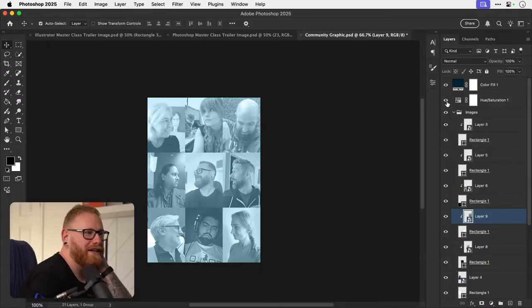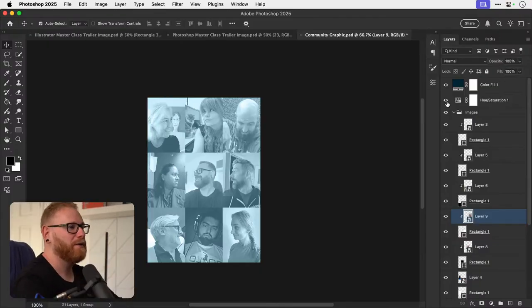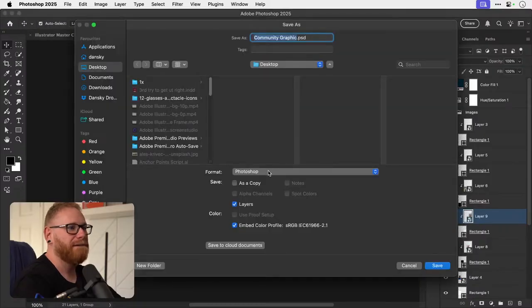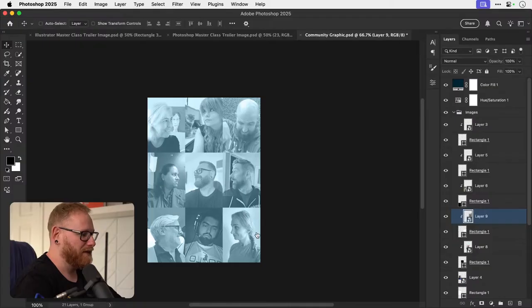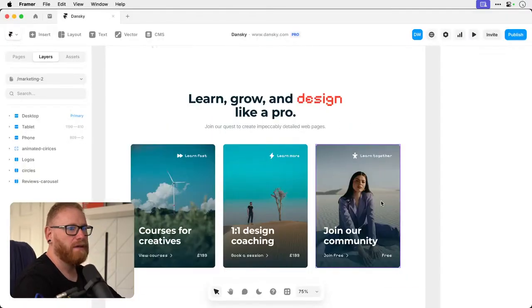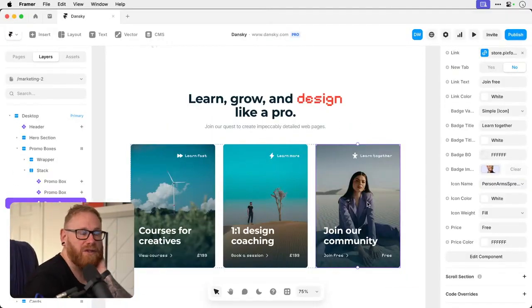Yeah, so maybe something like that could be kind of cool. I mean, we could throw it in now actually and just have a look. Let's just try it out. Here we go in Framer. So this is a component.